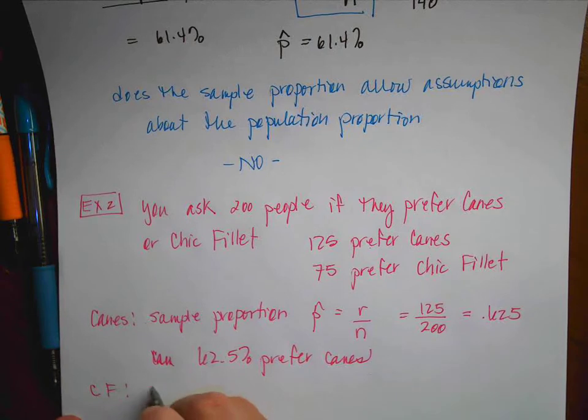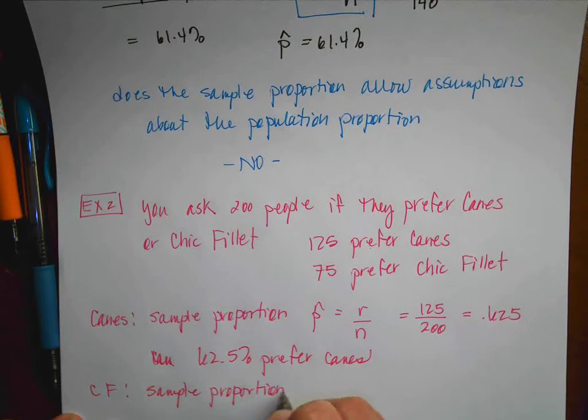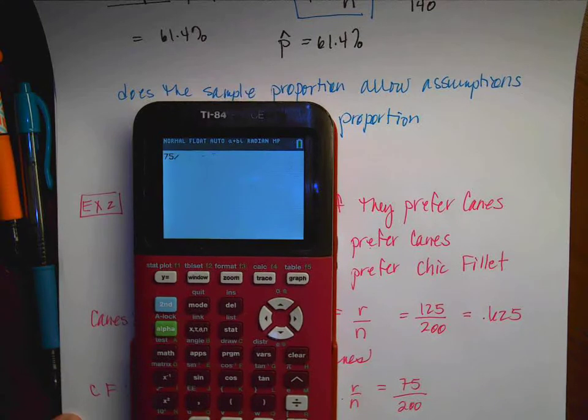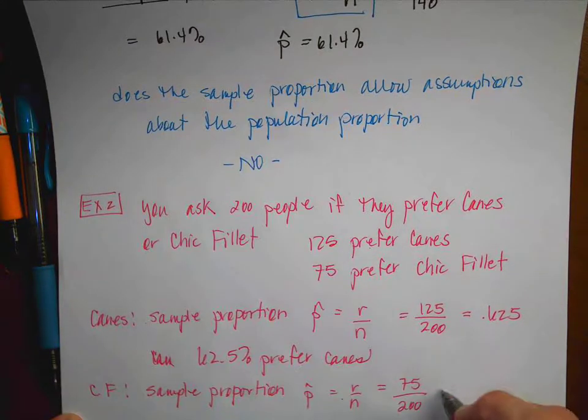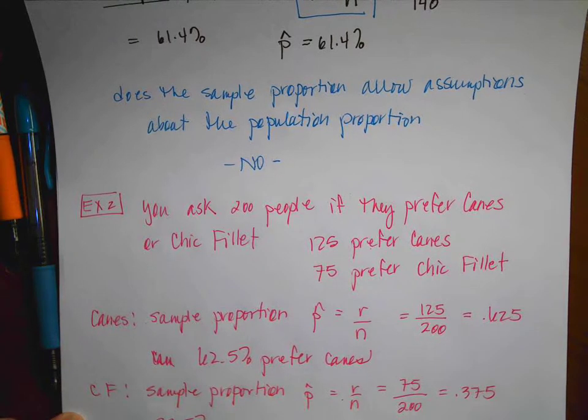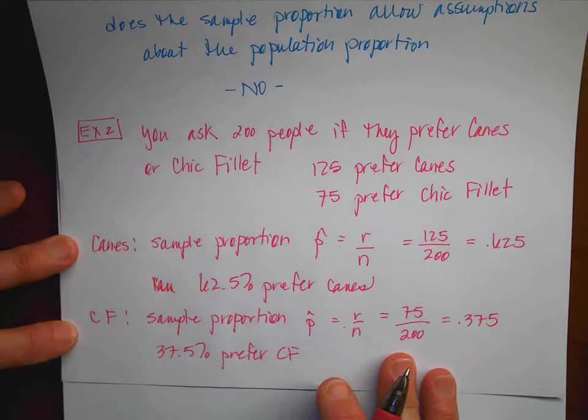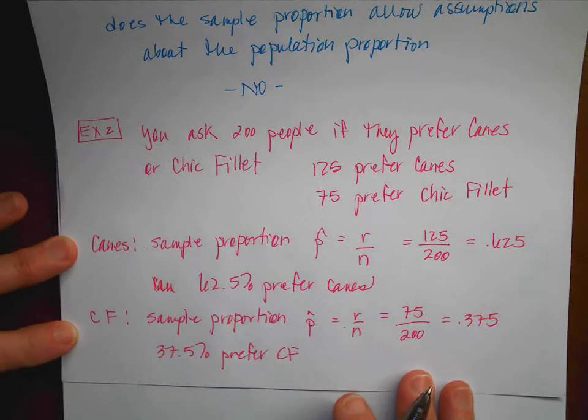So let's just go ahead and do our Chick-fil-A, and we're going to do its sample proportion. Could also call it a percentage. So the p hat would be R divided by N. So 75 preferred Chick-fil-A. I don't have that number done ahead of time. I should have, divided by our 200. And that's 0.375. So then for our Chick-fil-A, 37.5% prefer Chick-fil-A. And again, we have to be really careful about making statements about the total population, maybe the total population of Flagstaff, because maybe my sample was more representative of the high school population or the high school sample instead of the population of